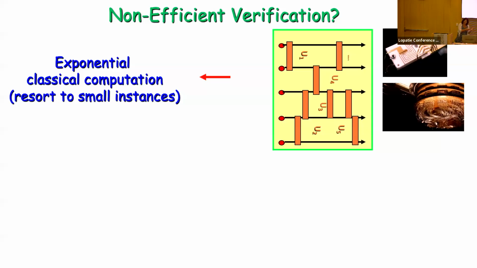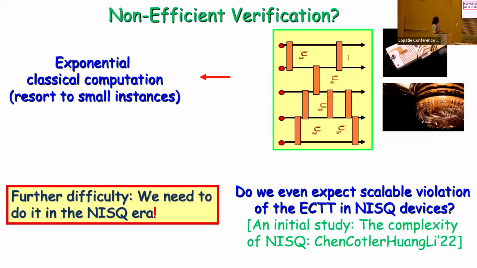And maybe the verification could take us exponentially long. We'll still be satisfied with that, I think, if 20 or 30 is considered large enough. So maybe you can give up the efficient verification and require just verifiable. Notice that in my 3 requirements, I didn't write efficiently verified, just verifiable. So let's go to this exponential classical verification, and let's seek problems where we can actually show quantum advantage in this setting.